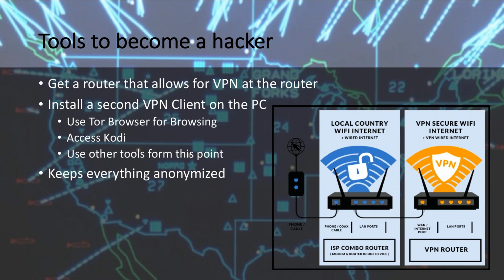You can also get a router that allows for VPN at the router. My specific network at home, I figured it's kind of a pain to always have to click a button and turn on my VPN when I want it and turn it off when I don't want it. So I set up my network very similar to this picture, where I have my cable provider going into my regular router, which is unencrypted and not on a VPN. So if I want full speed internet access and I don't care what I'm hiding, I go on there. But if I want to privatize my network, I have a second router hooked up exactly in the same manner that actually keeps my network secure.